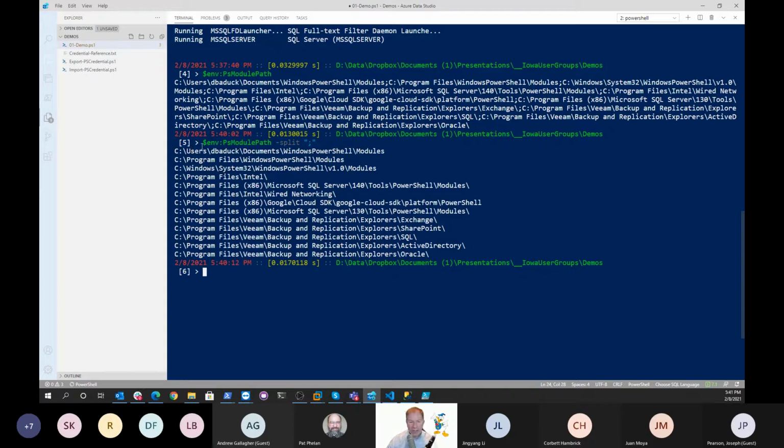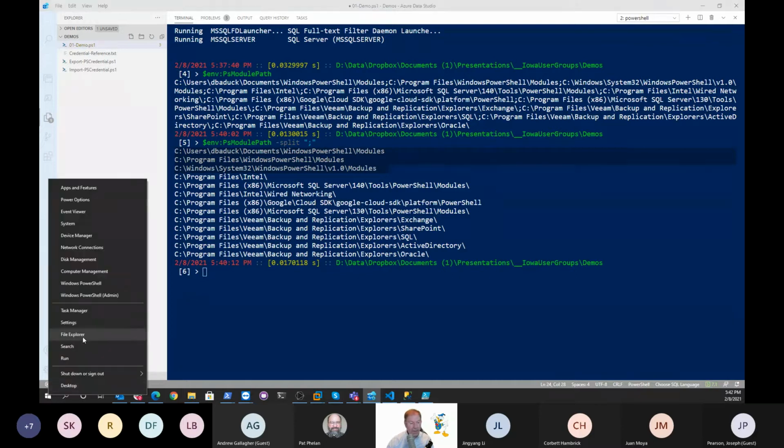If you set your environment variable called PSModulePath and you set it to a value of the paths that you wanted it to look in, in the order you wanted it to look in, it would overwrite the one that is in your system set. If you want to change this permanently, you have to go into your